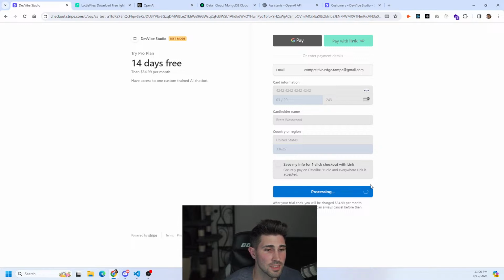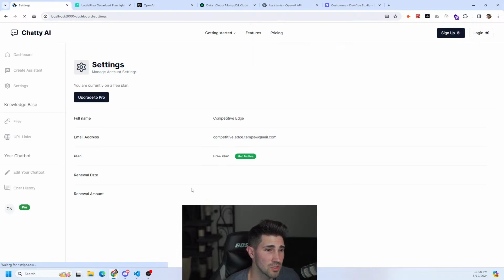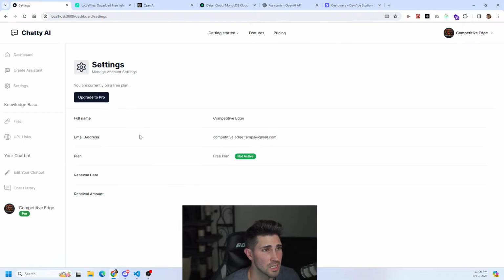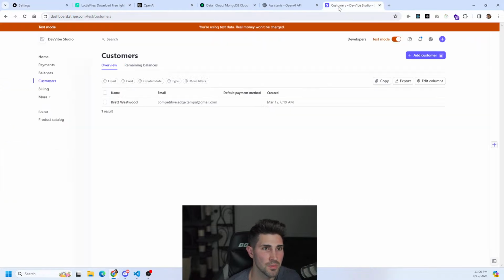It's going to process the payment, and if it's successful, the button should turn green, and it's pretty obvious that it was successful. So you can see a green check mark. It'll redirect me to the settings page, and here what I need to do is pretty much change all of these based on the condition of whether they're pro or not. But if you go back to our Stripe customer dashboard,